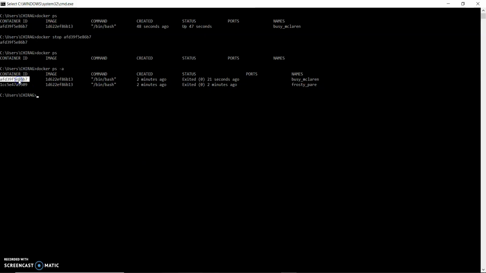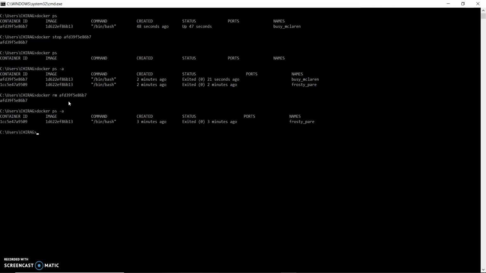After that, if I have to remove a container, how can I remove it? I just copy this and run docker rm with the particular container id and press enter. Now again I see docker ps, and I can see only one container is present.